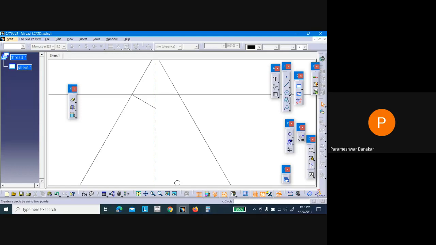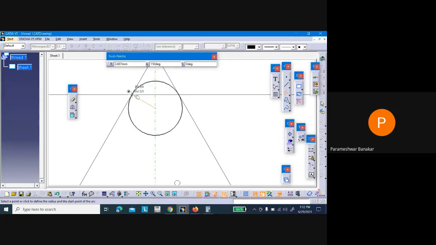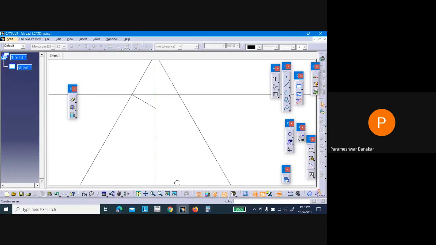Now we go to the arc option or circle, whichever you find easy. Take this as the center point and this as the end point or radius, and draw one arc. I think it's not taking properly, so I will go to circle.